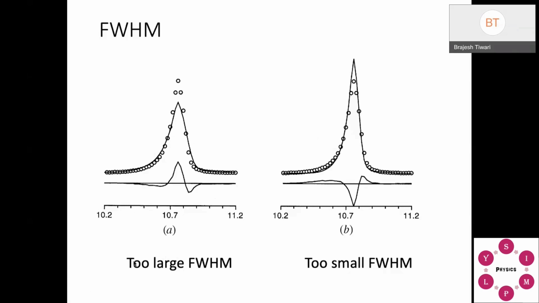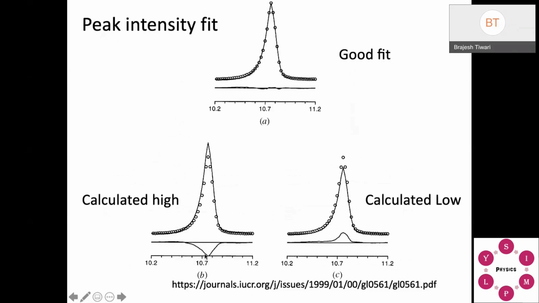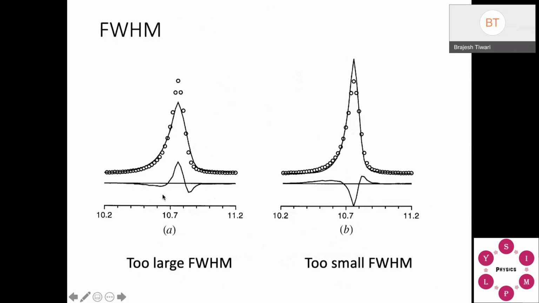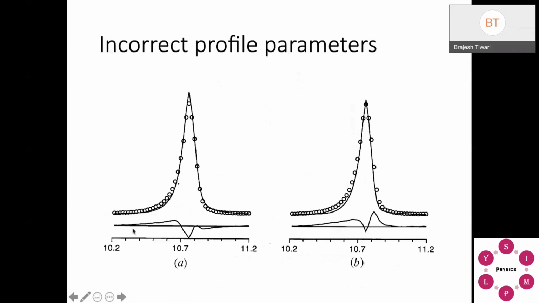I told you in the previous slide, whenever you have this condition, you go for changing the atomic position. When you are having this type of condition, you better try to change the profile. Profile can be U, V, W, B. These are going to be the profile. Also, suppose your peak is going up this way, down this way, or the other way around, the peak shape is not going to be correct. That means incorrect profile parameters, so better you try to refine your U, V, W, and IG parameters. In profile, you will get these things.